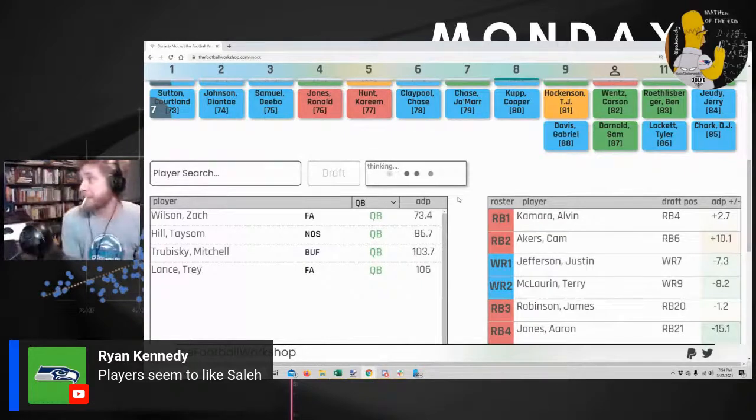Gabe Davis went in the 8th. Wow. Love to see the guy getting some love. I don't know if I can do it. It's thinking. It's really confused about our New York Jets pick.